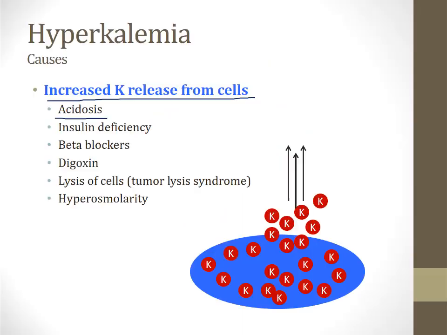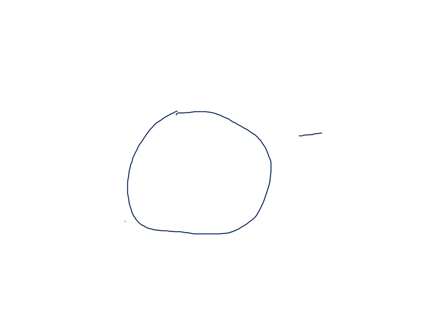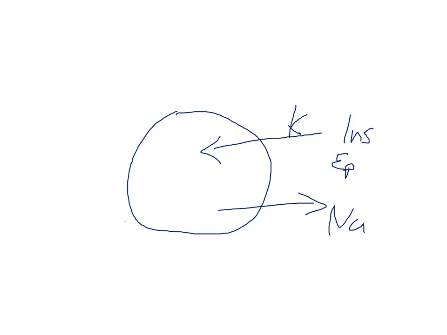and this can raise the overall serum potassium level. The next three causes, insulin deficiency, beta blockers, and digoxin, all relate to the sodium-potassium ATPase pump found in our cells. Cells in our body have a sodium-potassium ATPase pump that can bring potassium into the cells in exchange for sodium. This pump is activated by insulin, and it's also activated by epinephrine. This means that if you are insulin deficient, or if you are on a beta blocker that blocks the effects of epinephrine, you will see the potassium level rise because this pump will become less active. In addition, this pump is blocked by the drug digoxin,